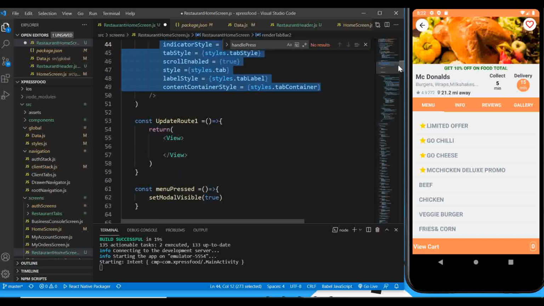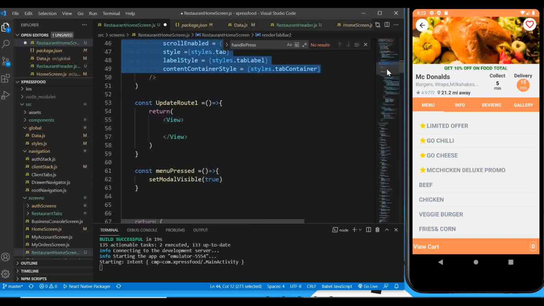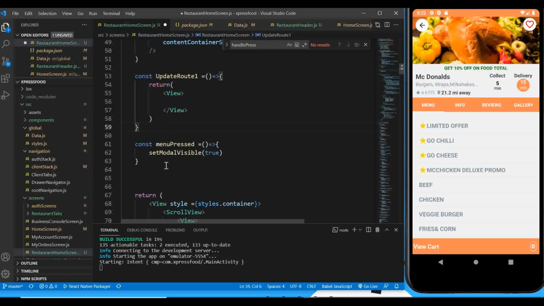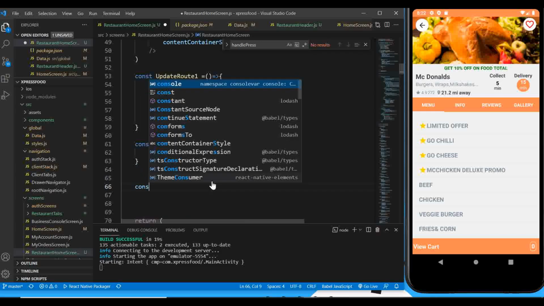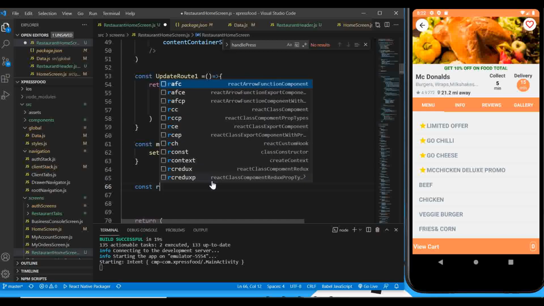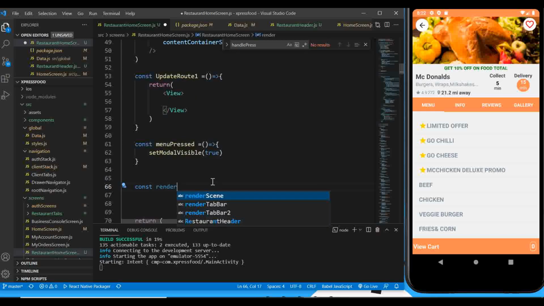And let's scroll down, and for the route, okay, there we're gonna do something differently. There's something that we're going to do here. Below all this method, we're going to create a render scene component. Render scene equal, we pass route to it,